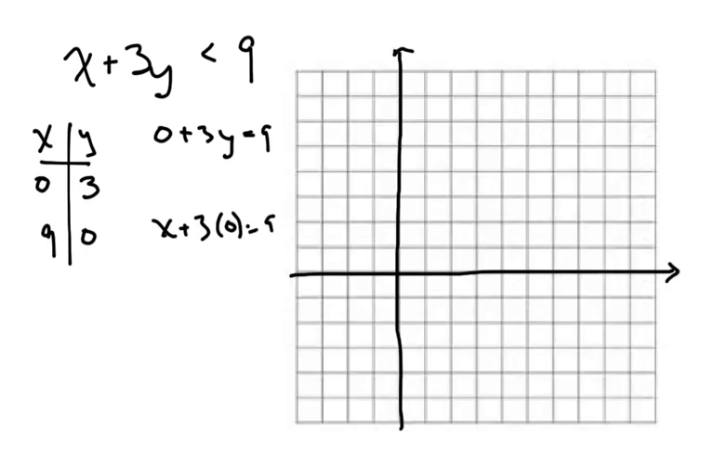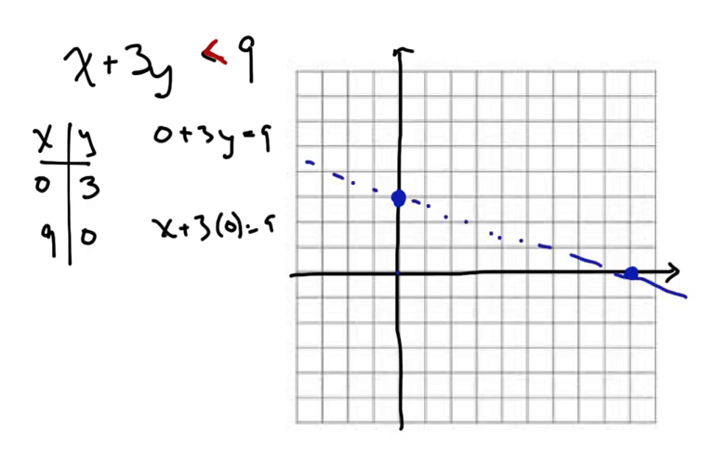So I'm going to need a bigger coordinate system, and we just plot these two ordered pairs. We have (0, 3), so over 0, up 3, and (9, 0). So we go over 3, 6, 9, and up 0. And here's our line. Now, should this line be a solid line or a dotted line? Look at the inequality. This inequality is strictly less than. It can't equal our line, so we just use a dotted line